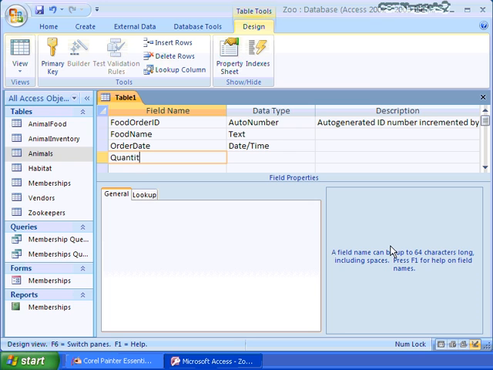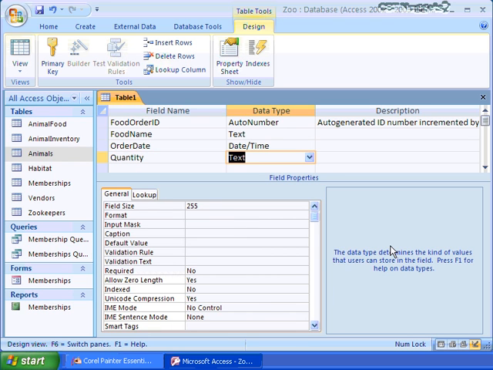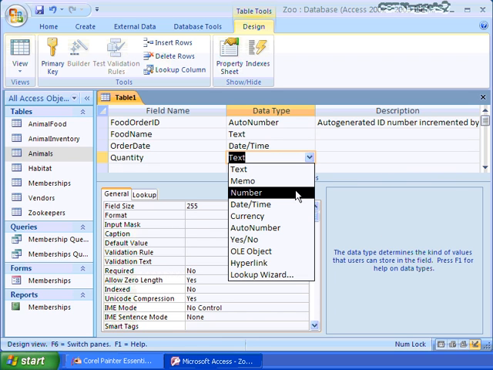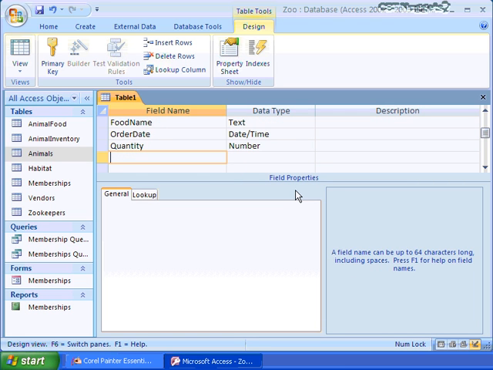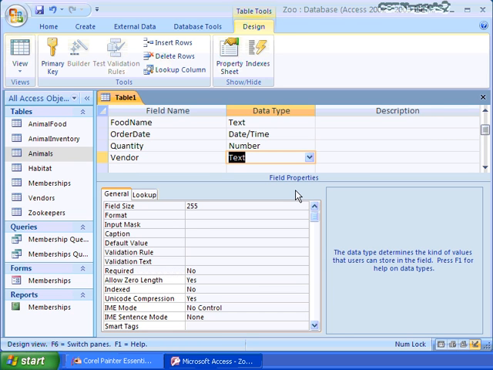Quantity, this is another important piece on an order type of table. So quantity, I think that number would be the right choice here because I do want to do some calculations, so I'll select number. Now we're ordering food, so we should know which vendor it is that we're actually ordering